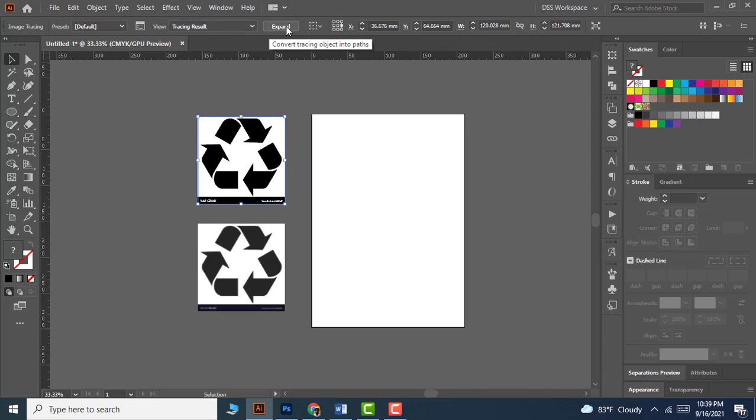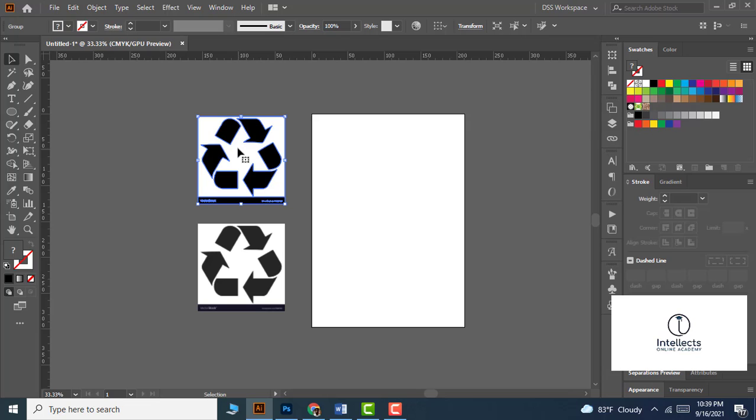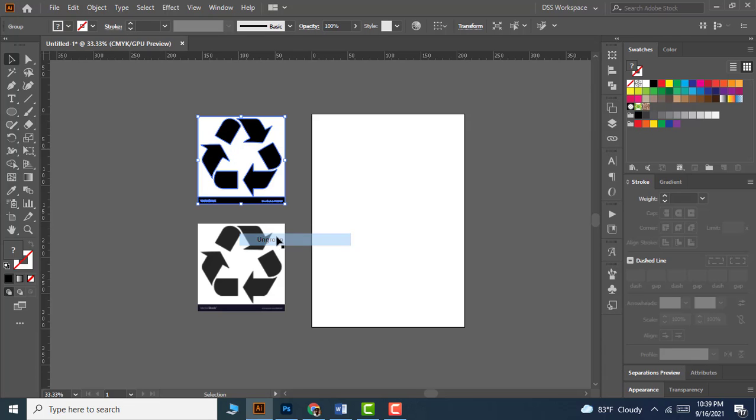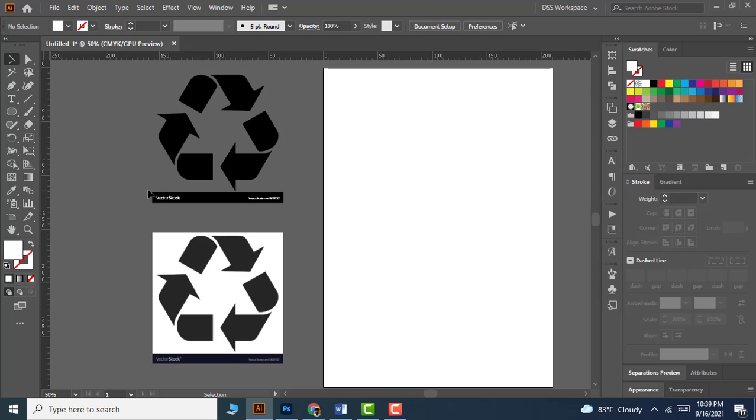and then let's click the expand option. So when you're using the default tracing option, it's vectorizing the image, including the background. If you want to remove the white background, right click and choose ungroup. Then you can delete unnecessary elements from the image,